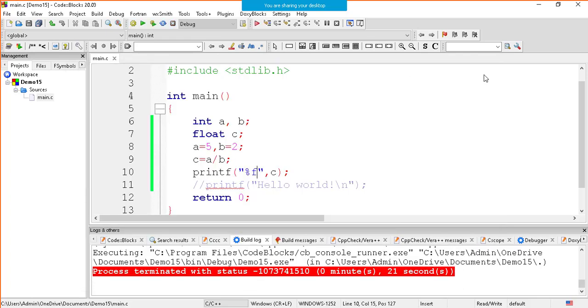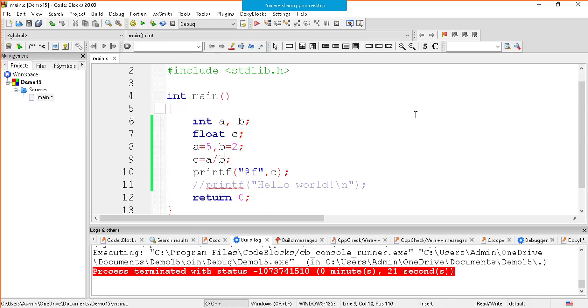So now, what is our objective? We want to make it 2.5. We want to make it 2.5. So there is something called typecasting, and there are two kinds of casting. One is called explicit typecasting, another one is called implicit typecasting. I am going to explain to you first the explicit typecasting. What I want to do is make this a divided by b 2.5 rather than 2, and the rule of the game is that if a and b both are integer, the answer is going to be an integer. That means for a temporary purpose, I have to convert either a or b into float.